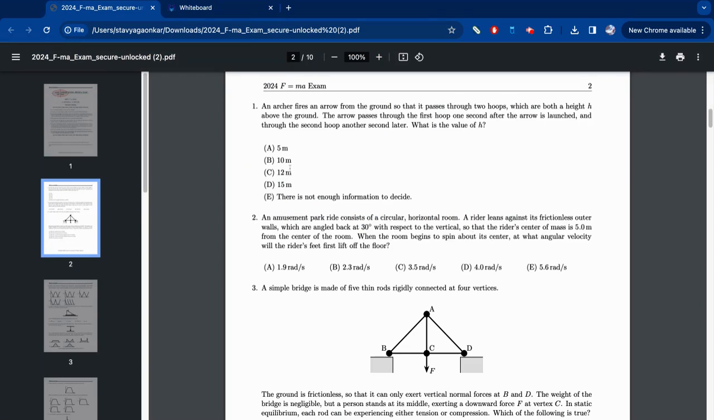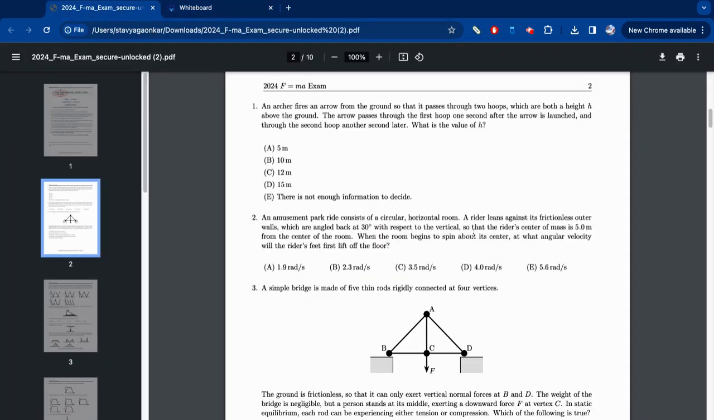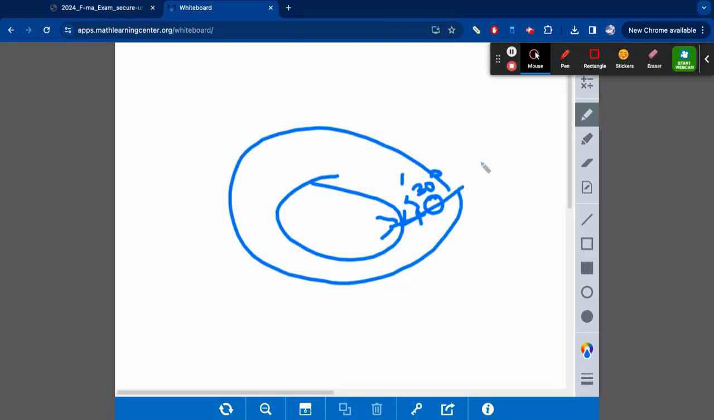And so we have a rider leaning against the outer walls. So you can imagine someone standing here. Okay. And the rider's center of mass is 5 meters from the center of the room. When the room begins to spin about its center, at what angular velocity will the rider's feet first lift off the floor? So if we draw a free body diagram, we know that